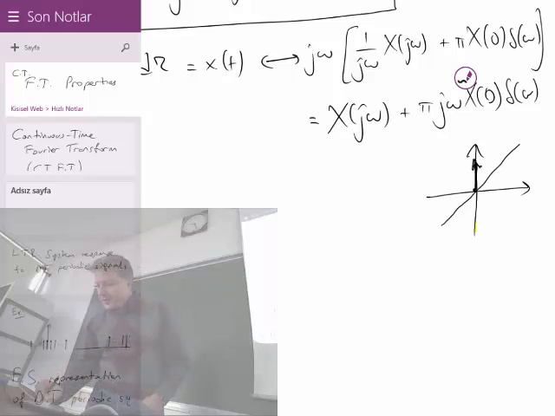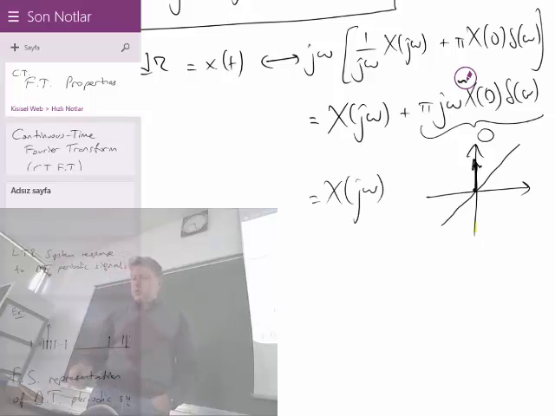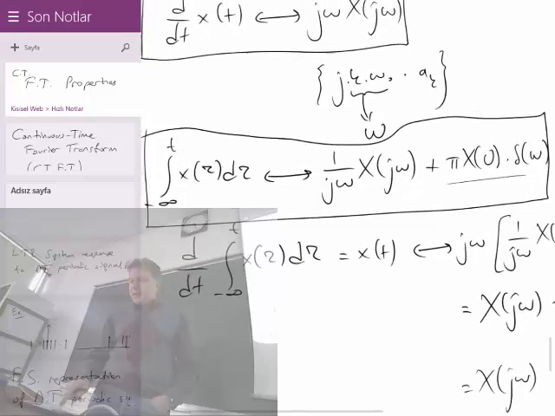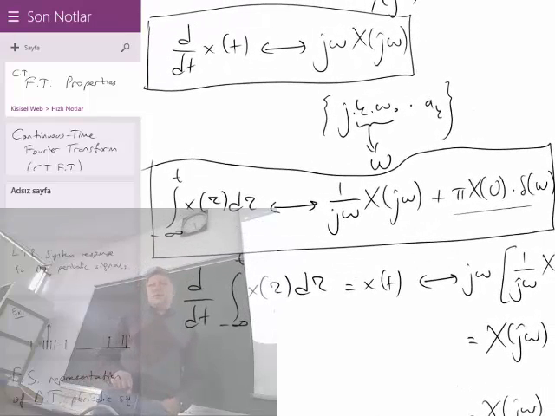The whole expression will become 0. So we will have X of j omega only, which proves the fact that the derivative and integral formulas are inverses of each other, both in the Fourier domain and in the time domain. In the time domain, it's derivative versus integral. In the Fourier domain, it's j omega versus 1 over j omega like thing. So these are the integral and